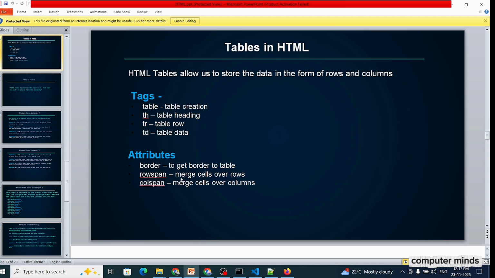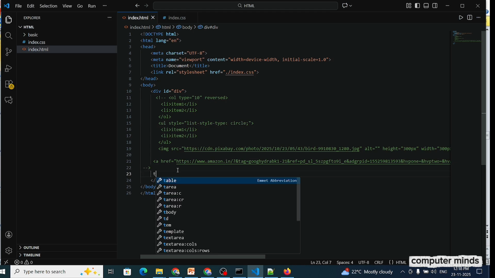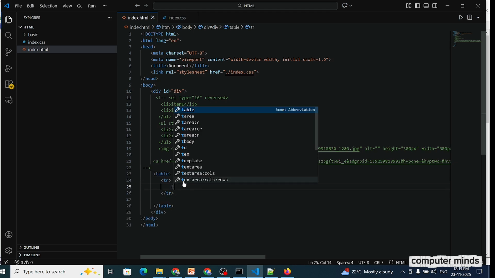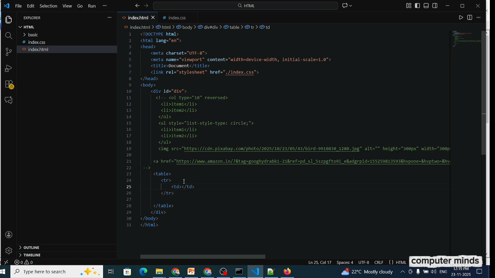I am providing the table tag. tr is a table row, td is table data. Let's see how it works.